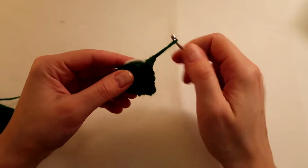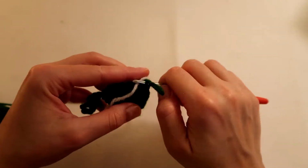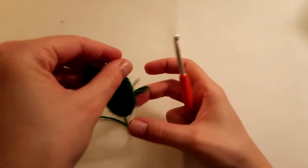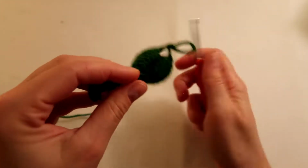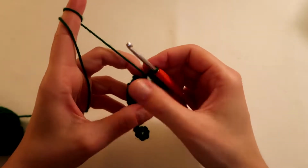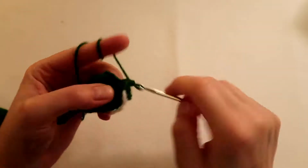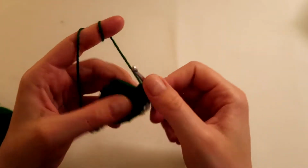And now I'm going to move my marker, and now I'm going to do two double crochets in the first stitch, 1, 2, and 8 stitches with just one double crochet, 1,